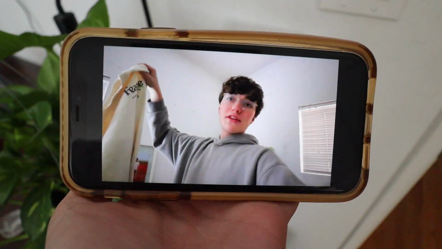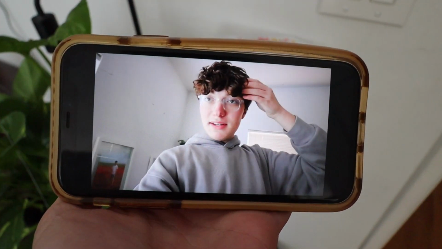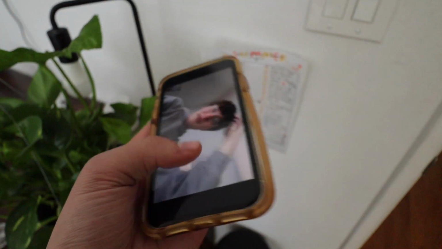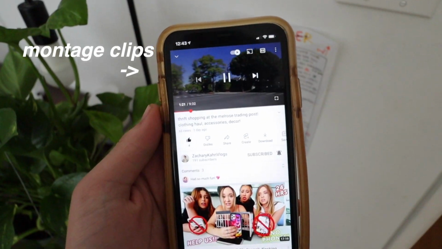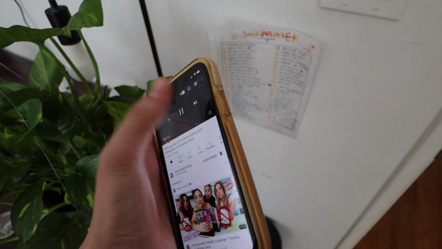When you think about it, if you're watching a video and you're watching someone talk for 2 minutes and it's starting to get boring and you start to exit out of the YouTube video, and then it switches to montage clips and you're like, wait, let's go back to the video. That is exactly what you want to do for viewer duration and people clicking off. So if you do want to film a big talking clip, then for your next clip, definitely change locations, make it a B-roll clip.